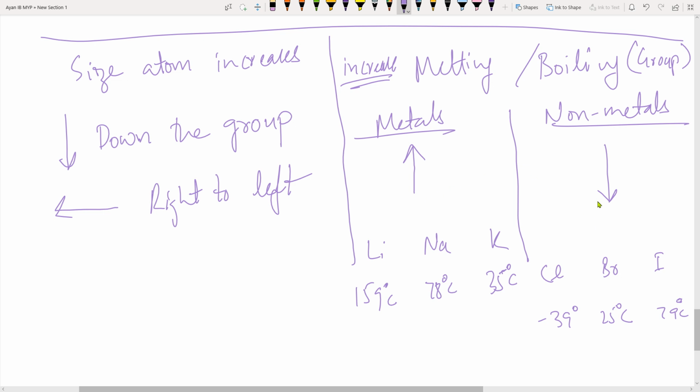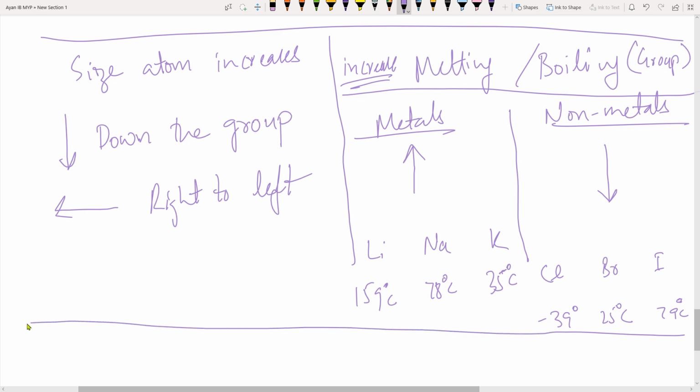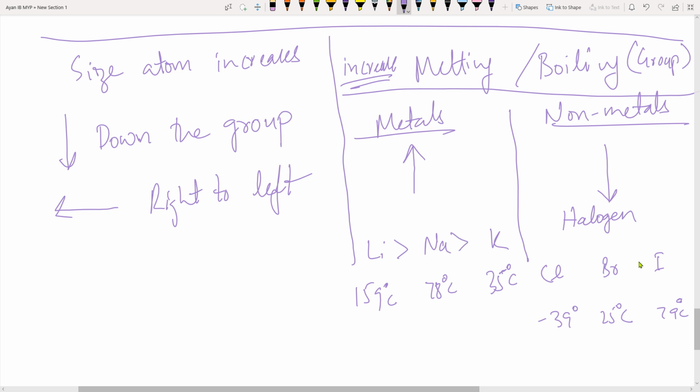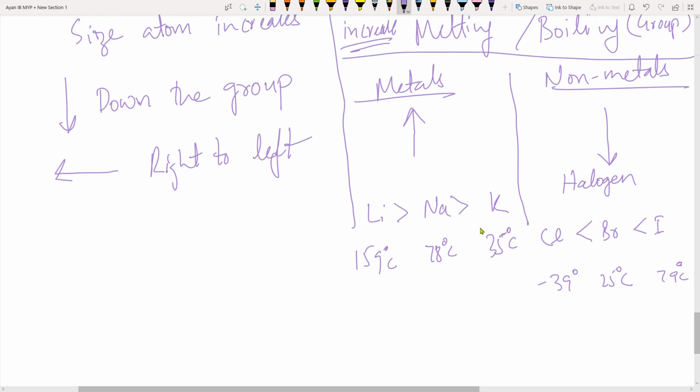So they have opposite trends for the increase in their melting and boiling points, right? Now these are the basics that you need to understand. Over here we have related halogens, and by the way, the similar behavior is going to be there, right? I'm just writing these greater-than symbols so that you understand which one has the greater value. As I said, these are opposite trends, so the greater symbol is opposite for each other, right? This is going to be the same